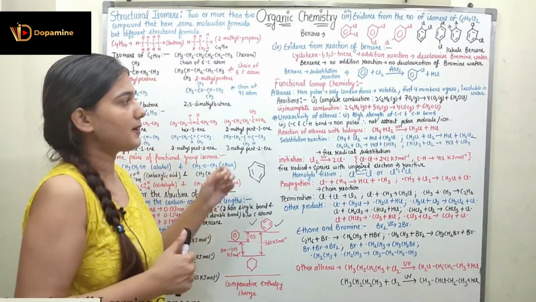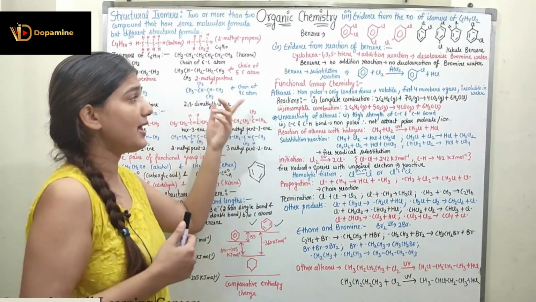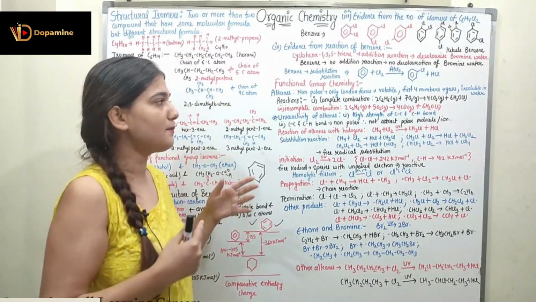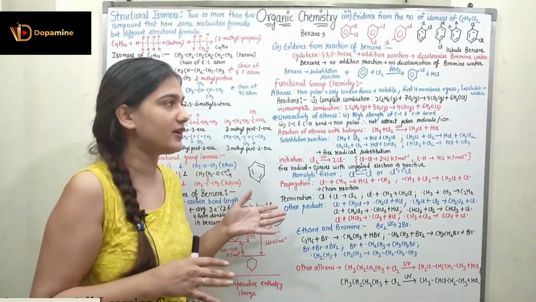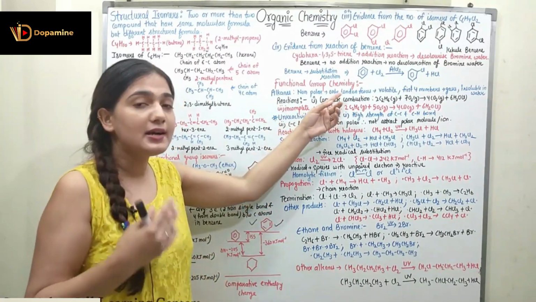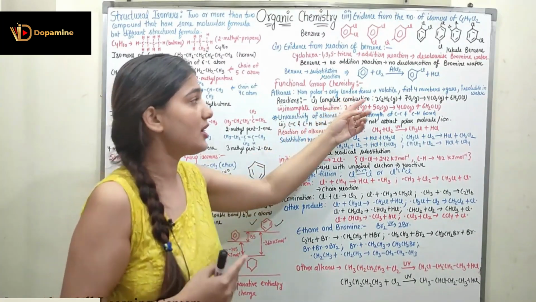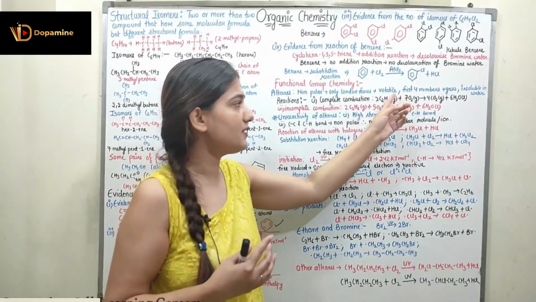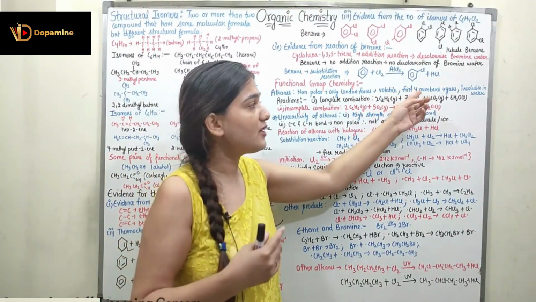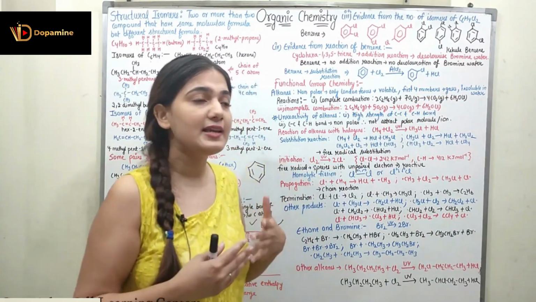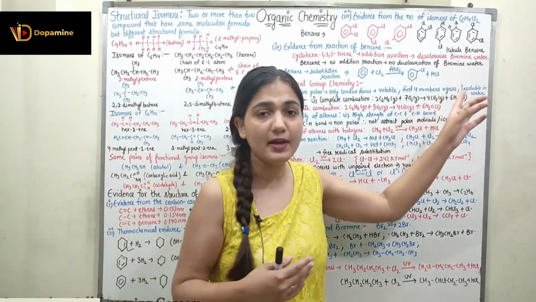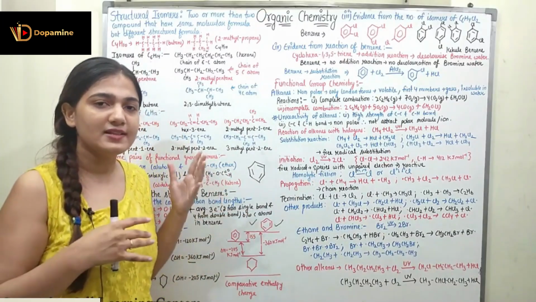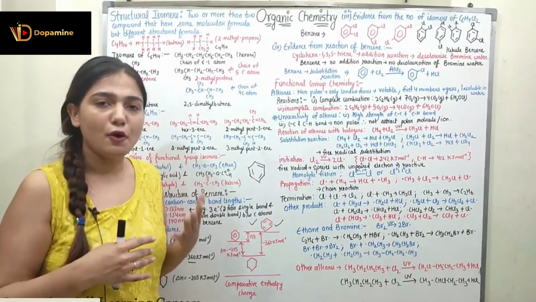Coming to the functional group chemistry. So coming to the alkanes. Alkanes are non-polar compounds. We all know it is composed of hydrogen and carbon only, both of them are non-polar. So here only London forces will be present, due to which they are volatile, right? London forces are not very strong forces, they are volatile, and the first four members of the alkanes are gases only, and they are even insoluble in water because water is polar, whereas alkanes are non-polar.